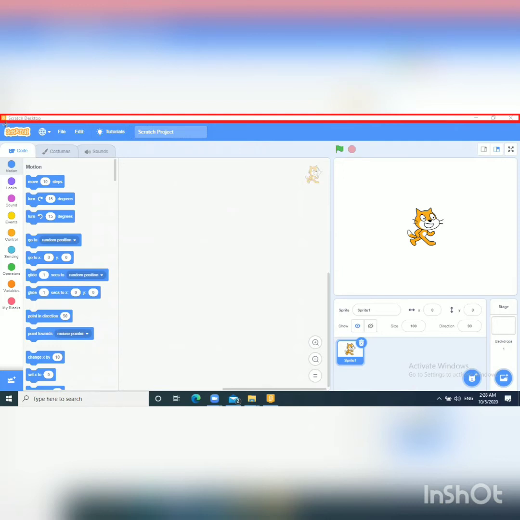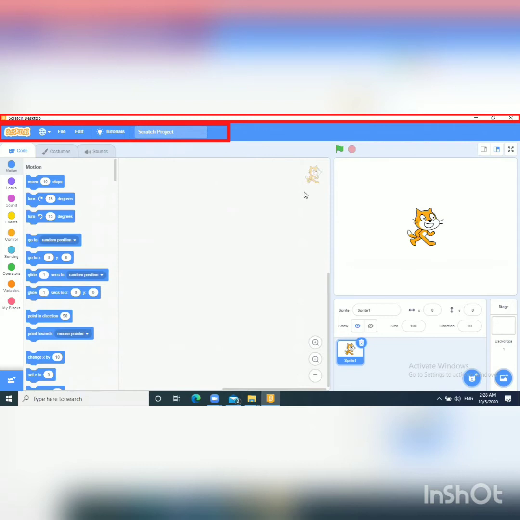And the second one, this bar is called the menu bar. Menu bar basically contains sub menus, like when you click on File, there are options like New and Save. In Edit, you will find other sub menus. So the menu bar contains sub menus like New, Save, and so on.